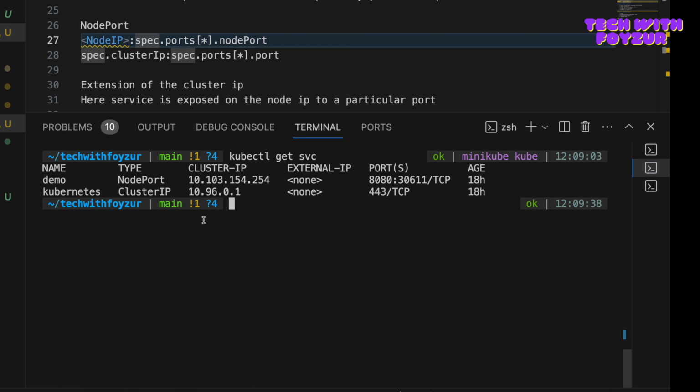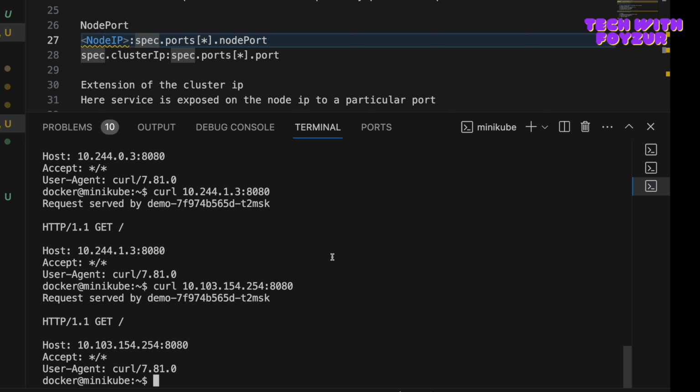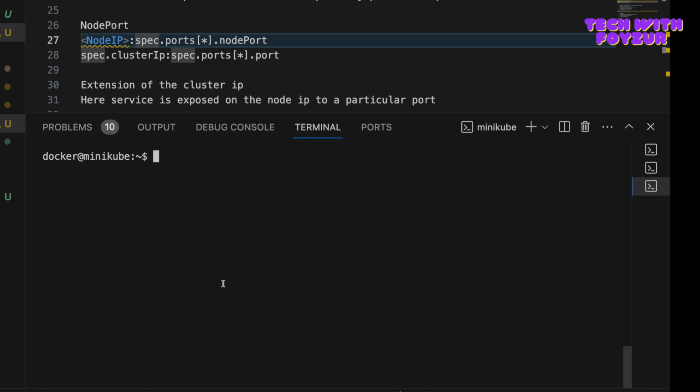I don't have to type it, as we see. If I'm doing this, you can see the cluster IP. This is where my service is also exposed. So by the cluster IP you can do this. Now the only difference it makes is the node IP, the node IP of this computer. Let's say this one. What I'm going to do is curl, and this time I'm going to say